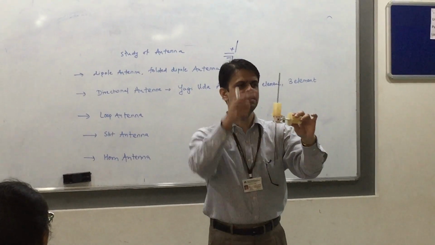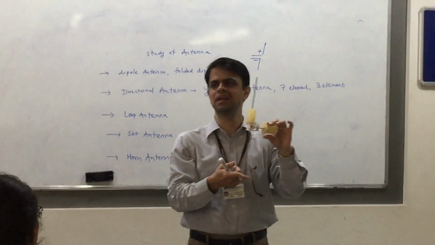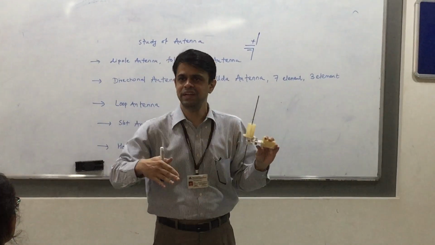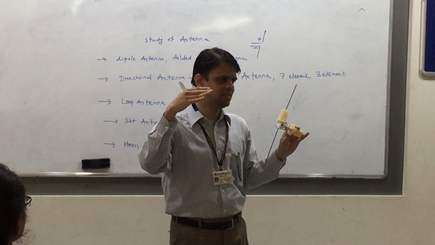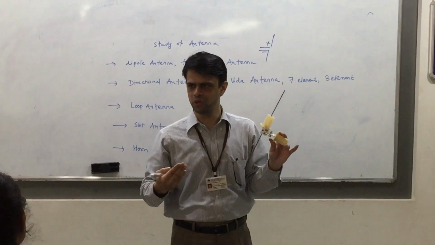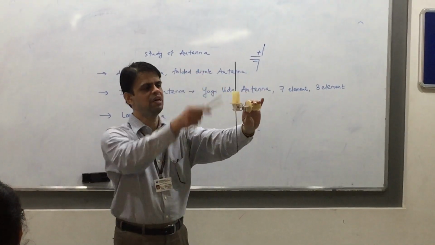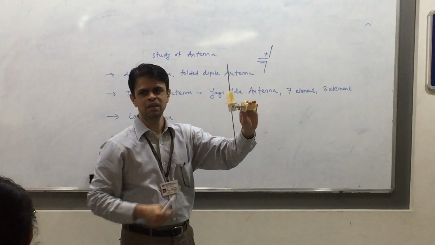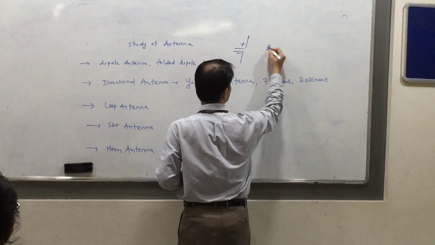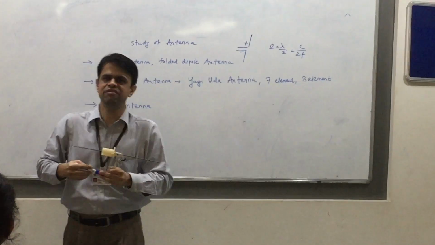So first, equate the length of the dipole to half the wavelength, because that is the practical example of a dipole antenna. A dipole antenna you can take of any length, right from lambda by 10 to 2 lambda, but depending upon the length, the radiation pattern changes. Of course, those things you will be doing in the linear wire antenna module. So here we are considering a lambda by 2 length dipole antenna. So equate the end to end length of the dipole to lambda by 2 and calculate the frequency. How do you calculate that? L is equal to lambda by 2, which is equal to C by 2F. So you calculate the frequency.